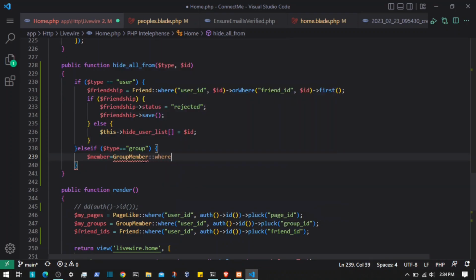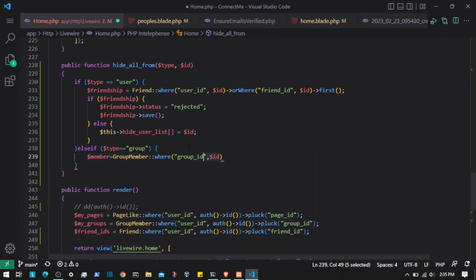Then using where condition and passing the user_id, and not user id, I think, the group id. Yeah, so group id is $id,